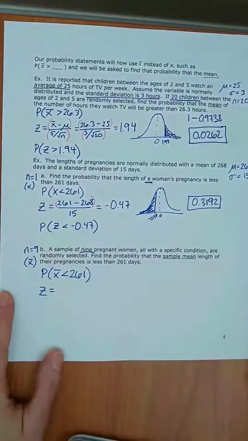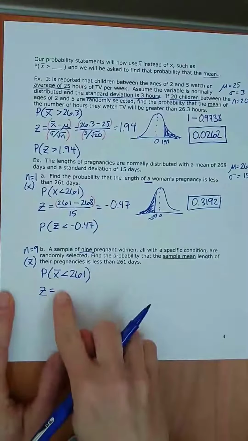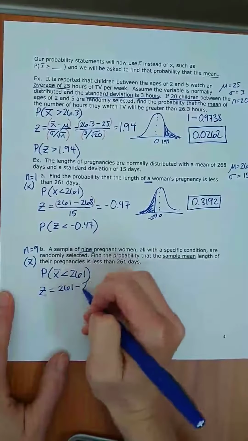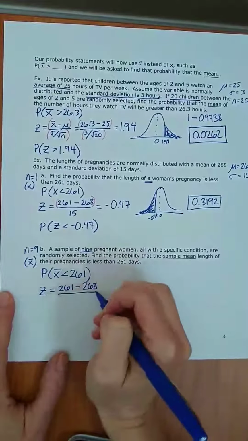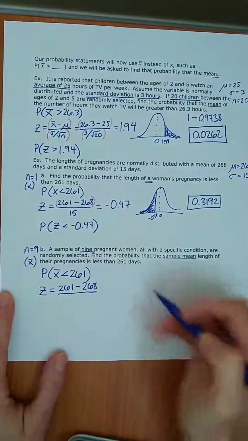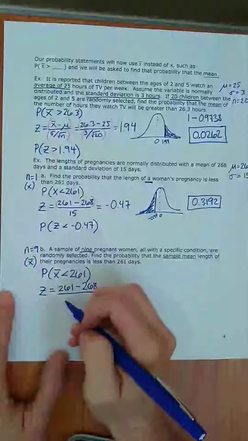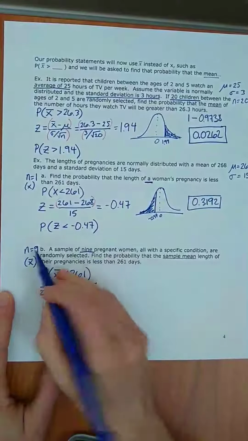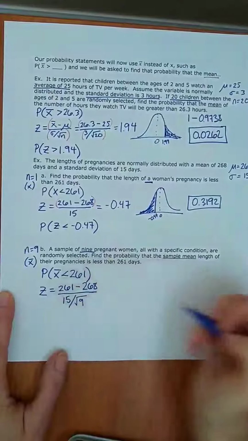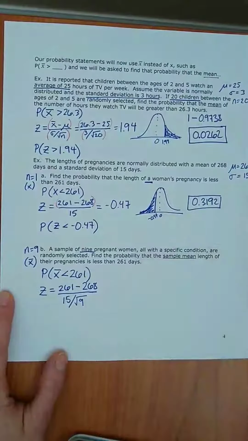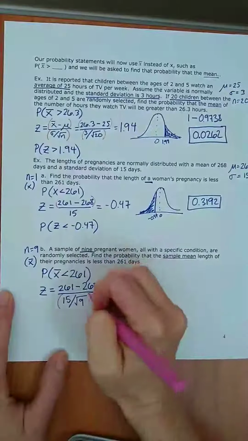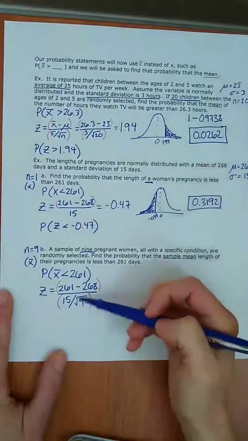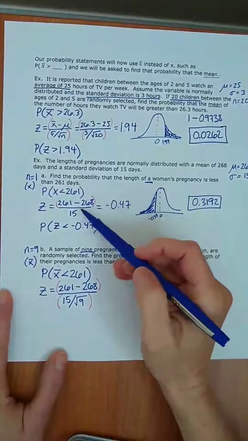And now my z-score formula is different. So I've got now x bar minus mu divided by sigma over the square root of n. Sigma was 15, and now my n is 9, so square root of 9. If you're really paying attention here, you might actually notice that you could use this formula up here. What would happen is you divide this 15 by